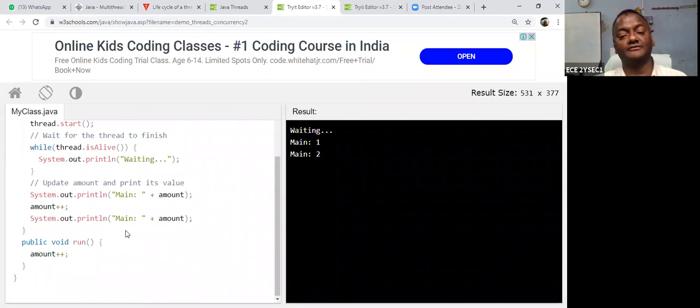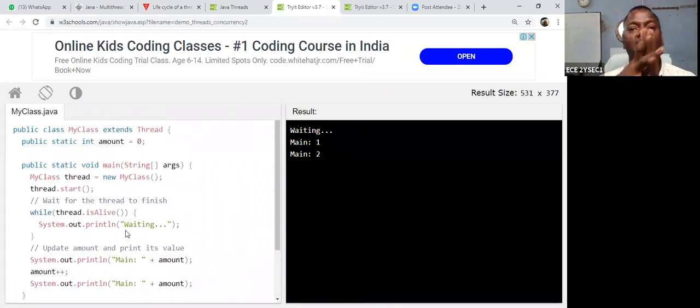Okay, right. So this is some information to resolve the concurrency problem. Okay. So this is a brief introduction about threads. Okay. So next,